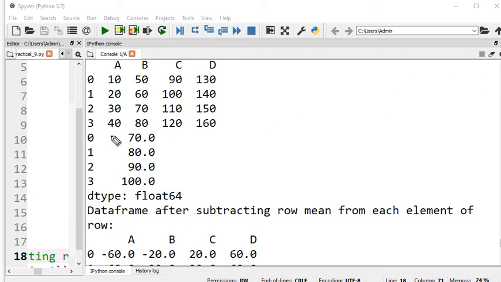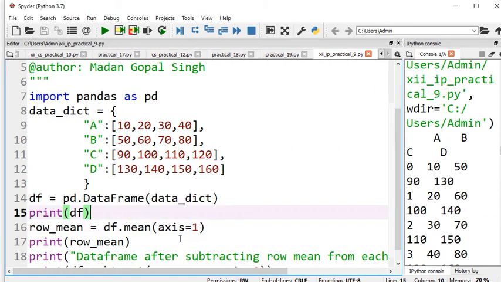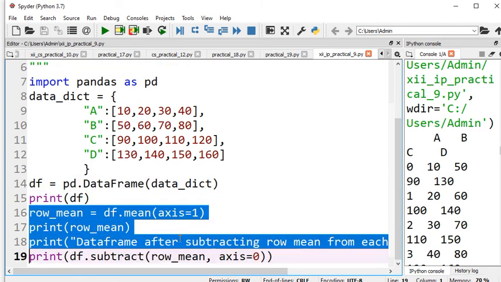Now let's try to understand one more concept, and this is the mean of each row. You know, the mean of the first row is 70, the mean of the second row is 80, the mean of the third row is 90, and the mean of the fourth row is 100. Now we can go ahead and solve some other portion of this problem. That is the additional thing that I am doing for you. You need not do that, but if you want, you can do it.